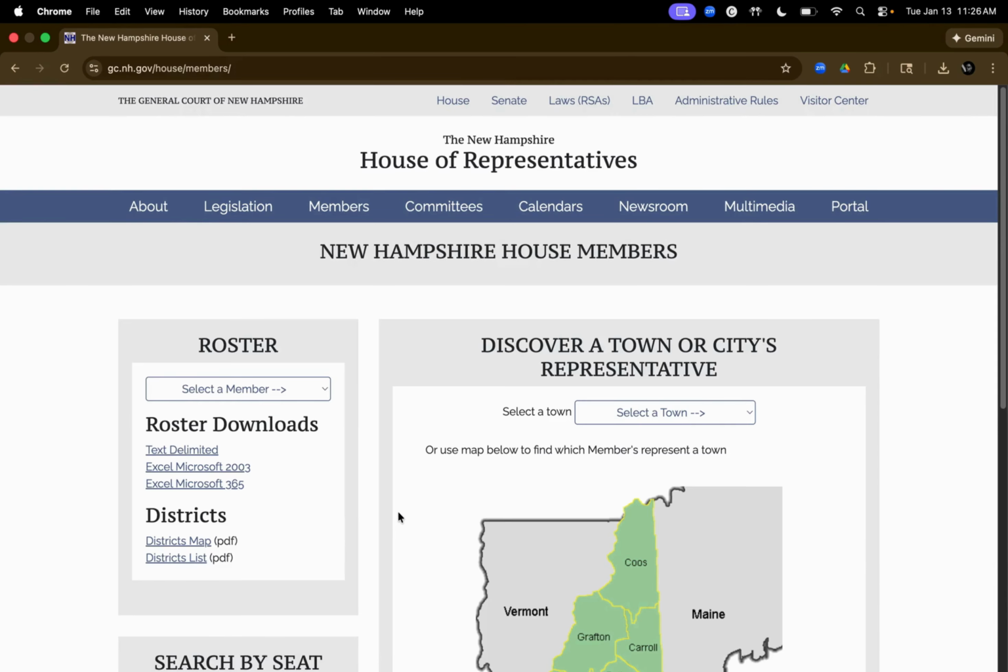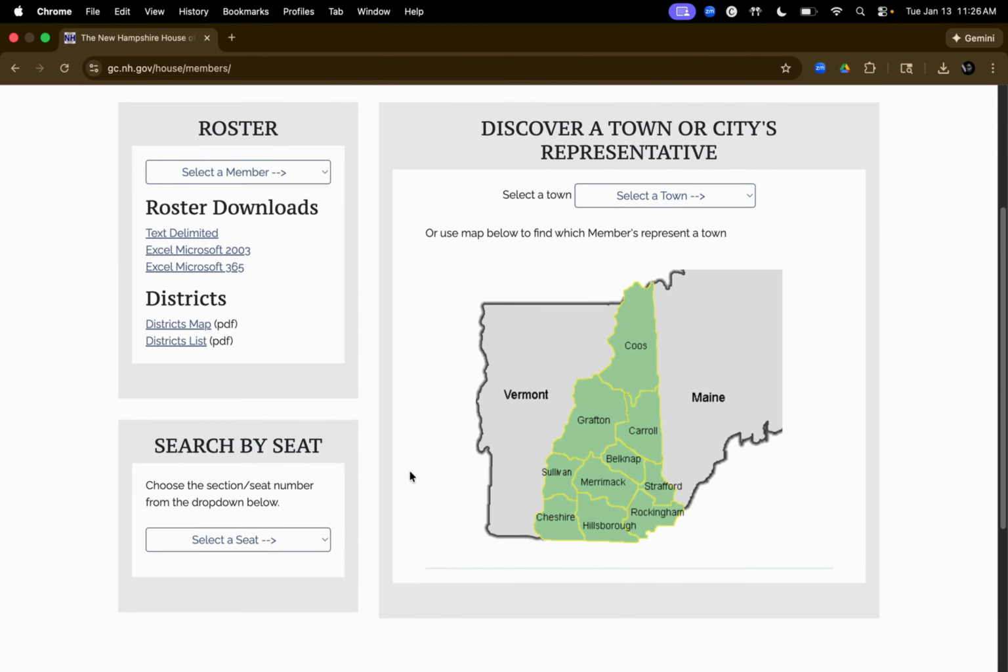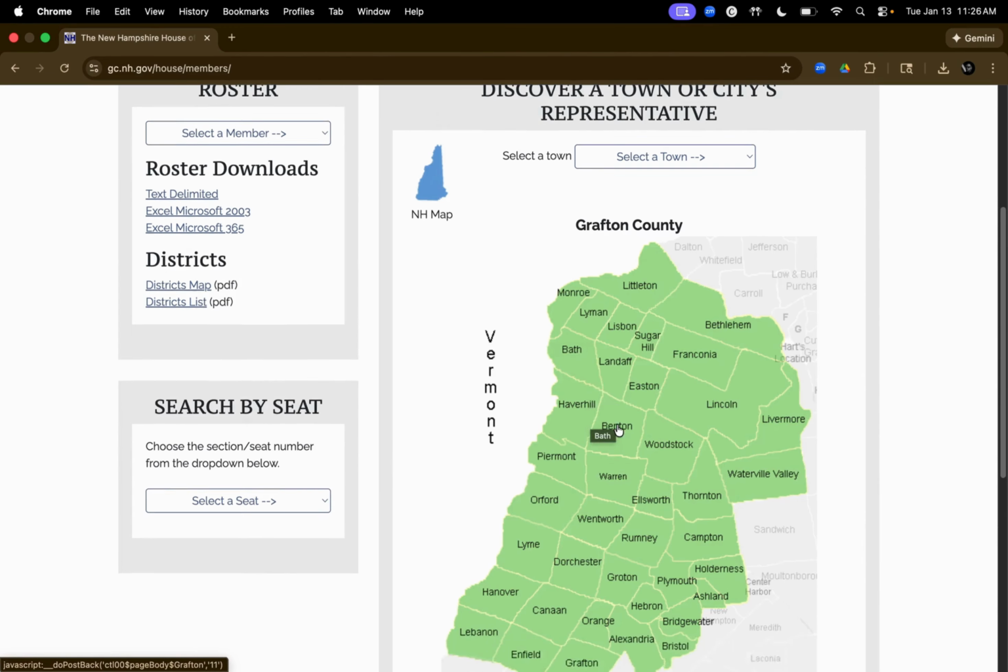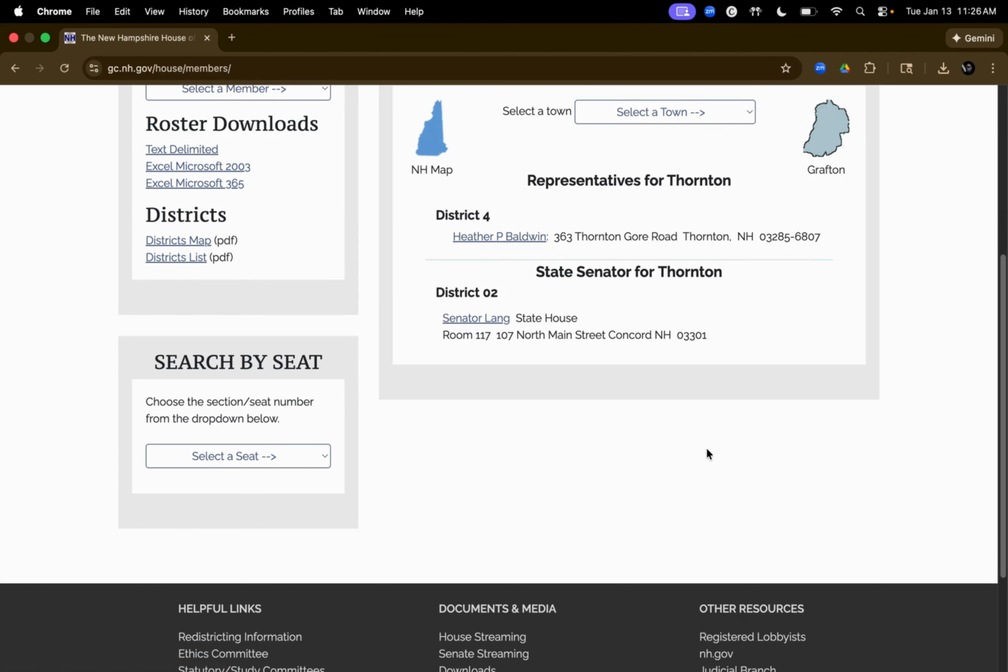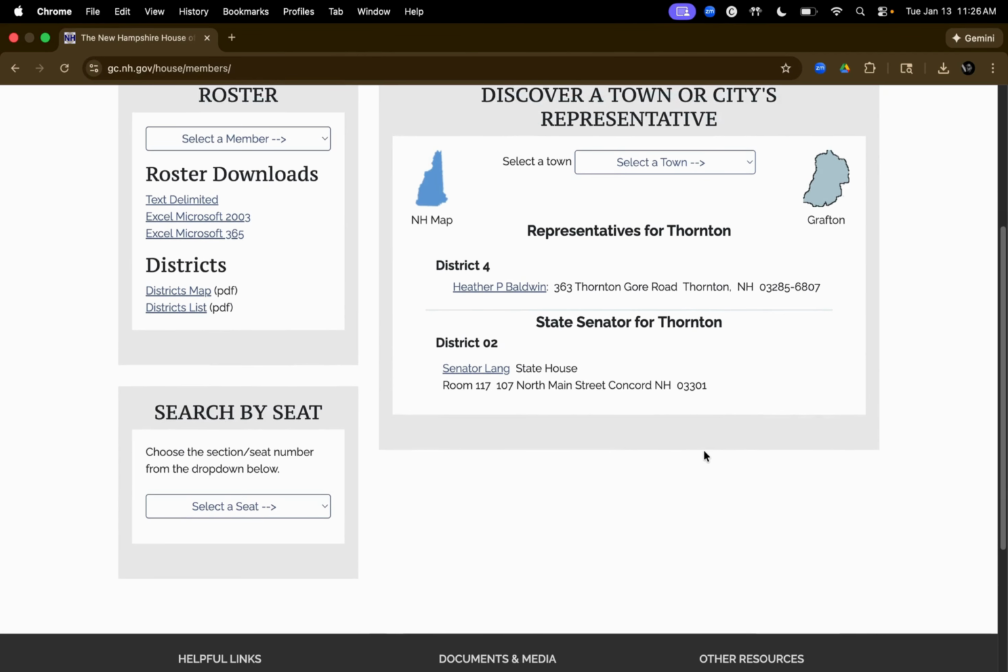If you click on Contact a Representative, you're going to find this map. For example, I live in the county of Grafton, town of Thornton. I click on my county, and then I click on my town. You can see I have my state representative available here with all the information on how to contact the representative. At the same time, I have information about my state senator